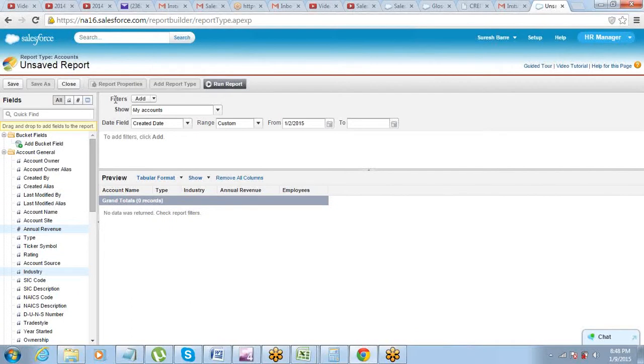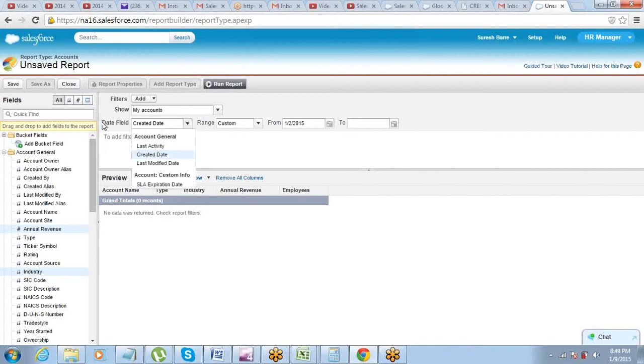Then start putting filters. Okay, so on the filters, the first thing that you will see is that there is a date field filter which is already there by default. Okay, now what you can do is you can kind of add this date field. In this you can put any date field and put a filter on that. See, whatever date fields are there, the fields with the data type date, those are available here. You can put some filter on the date fields using this.